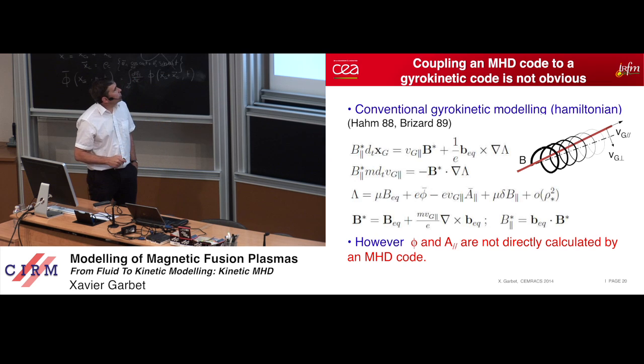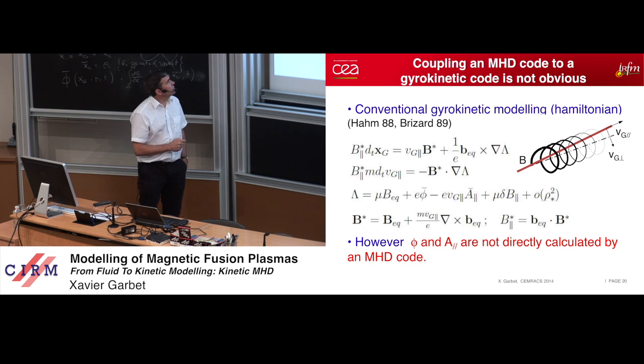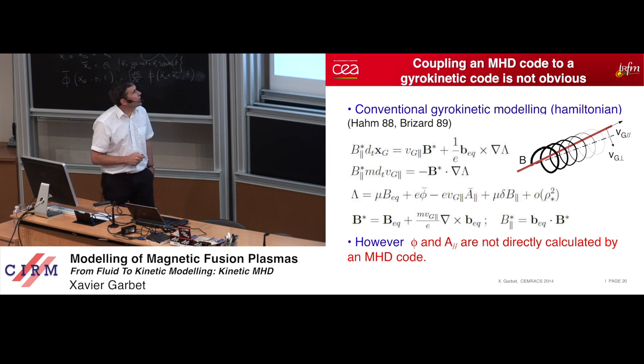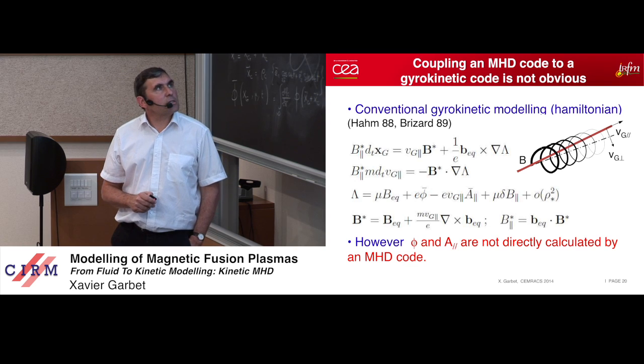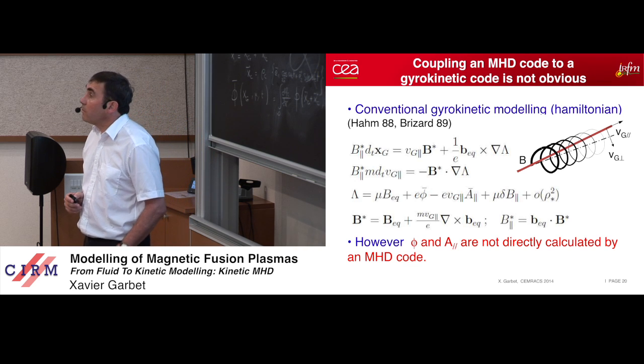And in this Hamiltonian, you find the magnetic moment times the magnetic field, equilibrium. This is actually going to give you the grad B drift. And here, this is electric potential. This is going to give you the E cross B, or part of the E cross B